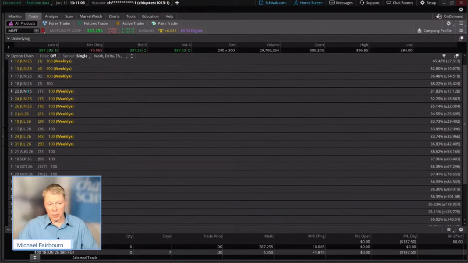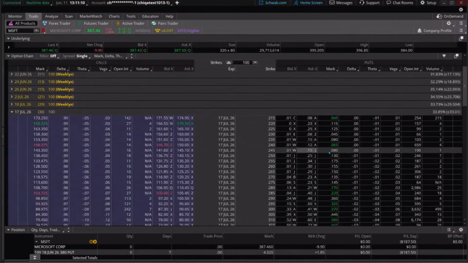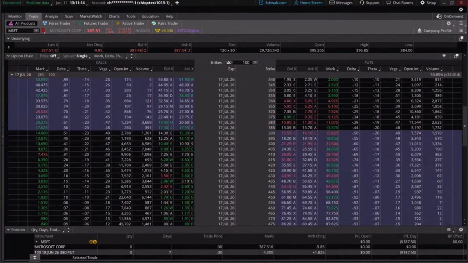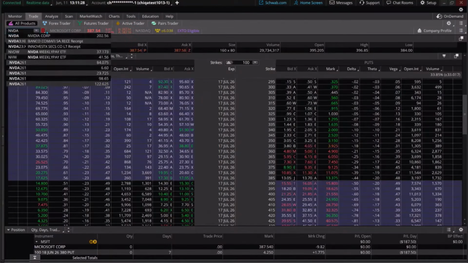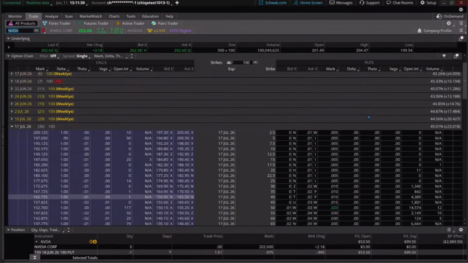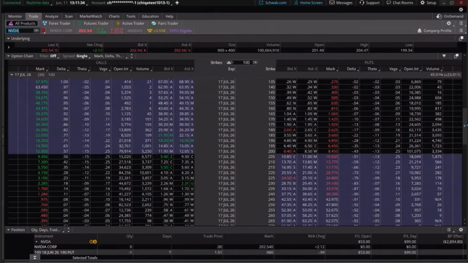If I come over here and just look at the spreads, even on our July, I'll go to the July monthly contract, and it's an expensive stock. It's above 300, but even above 300, you can see these spreads are okay. It is quite expensive, and maybe there are better spreads at other levels, and that can help. By the way, I'm going to talk about open interest as well, but I didn't think I would see spreads as wide on Microsoft, but they are fairly wide, comparatively speaking.